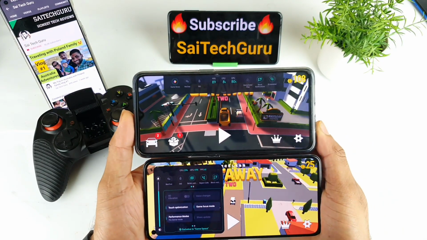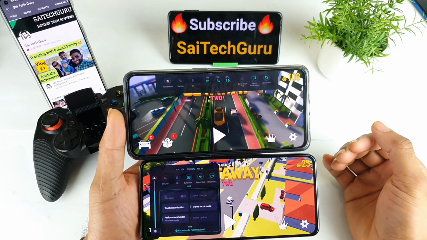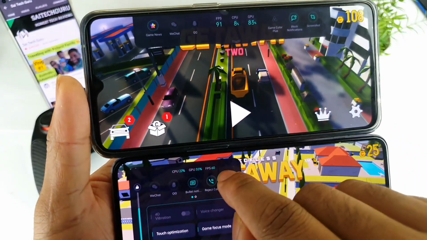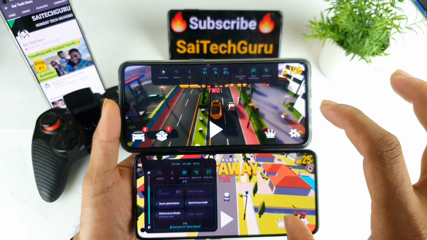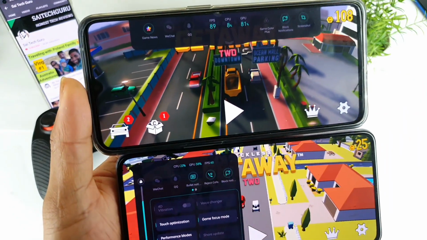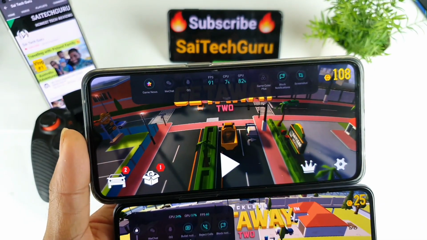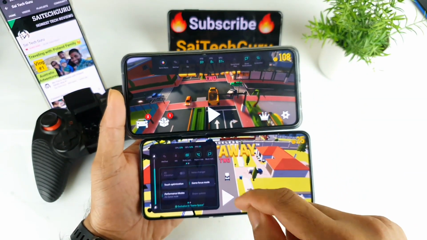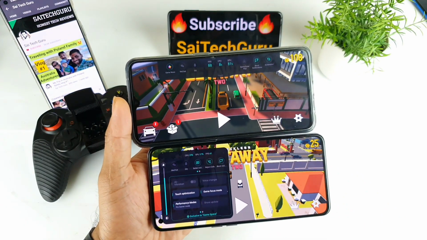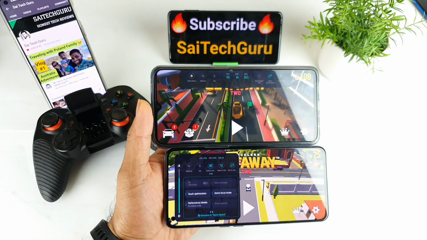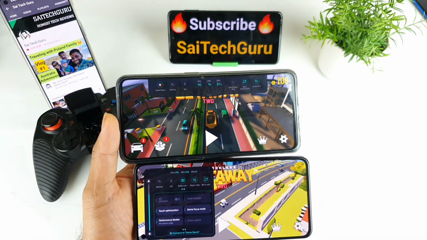Next, the real-time FPS meter is also not working. That is another big disadvantage. What I mean is that the real-time FPS meter is showing only 60 FPS. This game actually supports 120 FPS, but it's still showing only 60 even after the update. You can see on the Realme X2 Pro it's showing perfectly alright, 90 FPS, but on this Realme X1 Pro, it's showing only 60 FPS, friends. That's a big disadvantage, which I did not expect. I thought it could have been fixed with the latest update, but that's not the case. That kind of problem still exists even now.